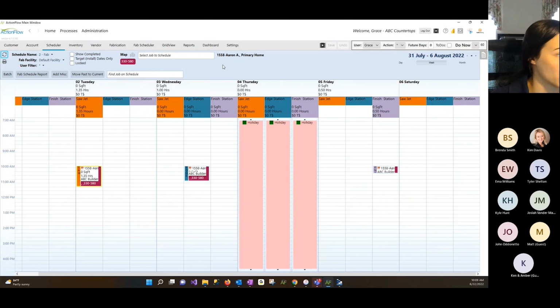So yeah, if you have questions on that, the big thing we did add was the ability to search for either a customer or a job in these two search bars. So this is the job that you're scheduling. So specifically right now I'm looking at this 1558 A customer. So I could pick a different